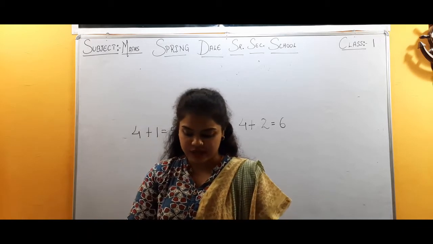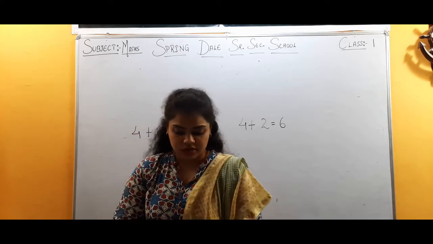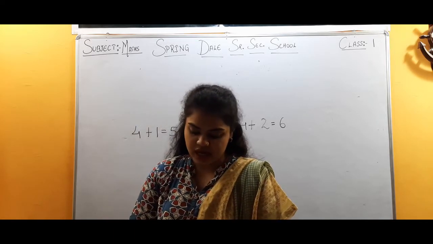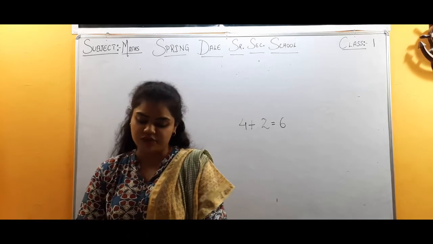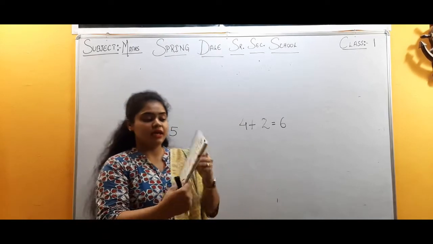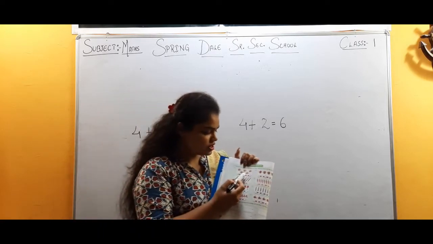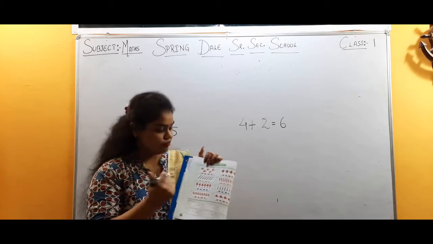Now we will see the exercise on page number 28, that is self practice 1I. Cross out to show how many are left. One has been done for you. Now in this question, A part is done for us. How many fish do we have? The 5 fish we have.